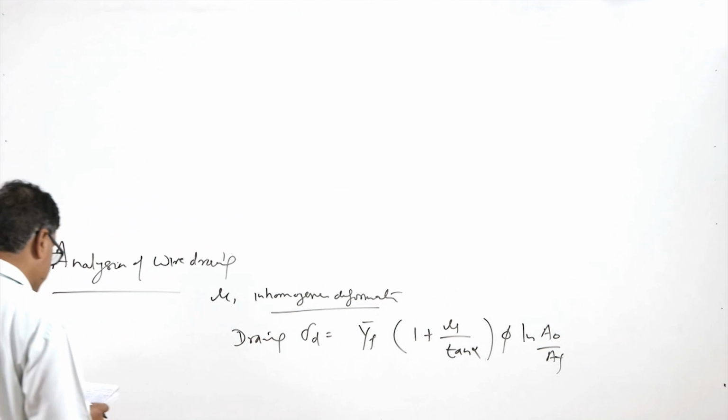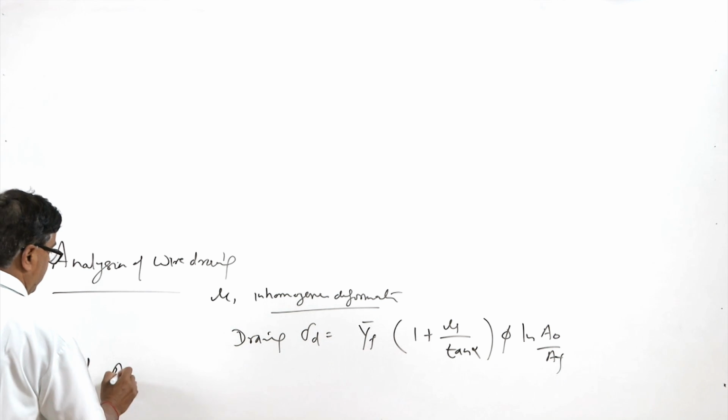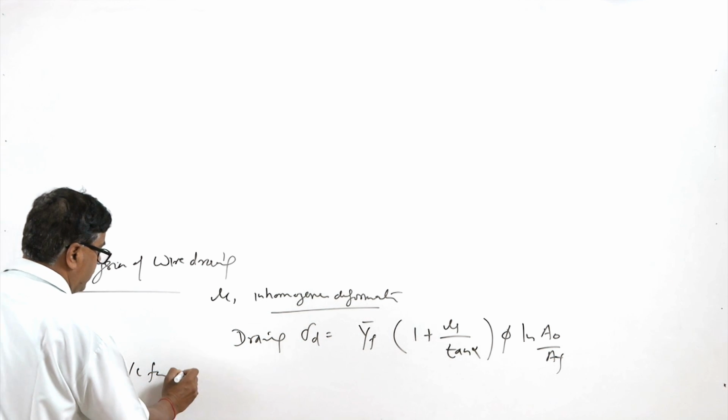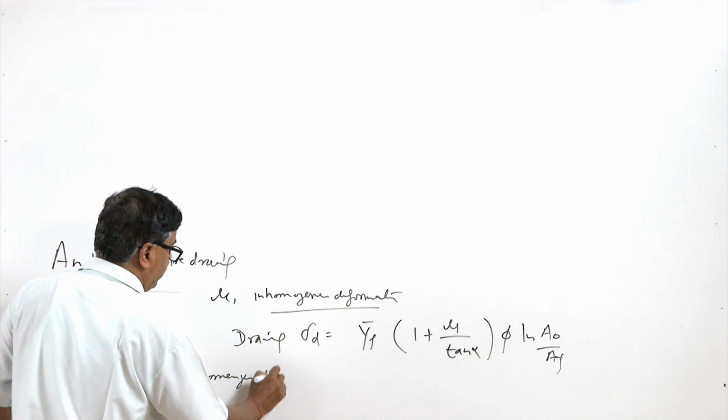So, here the phi basically accounts for the inhomogeneous deformation geometry,